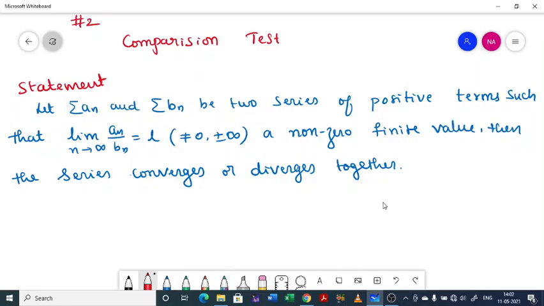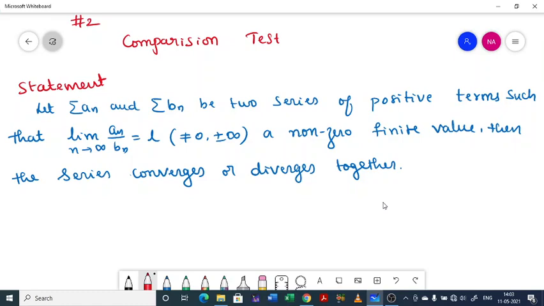Once again, I welcome you all back to the discussion of infinite series. This is the second class on infinite series. In the previous class, we discussed what you mean by an infinite series, starting with the sequence, and then we discussed some of the important points about infinite series, the nature of the series, that is the actual important one, the nth partial sum, and how the nth partial sum helps to determine the nature of the infinite series summation an.